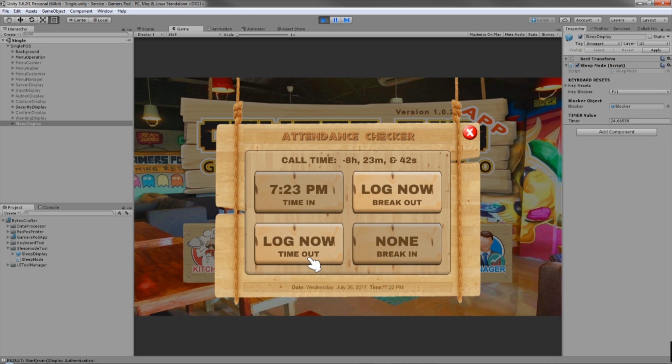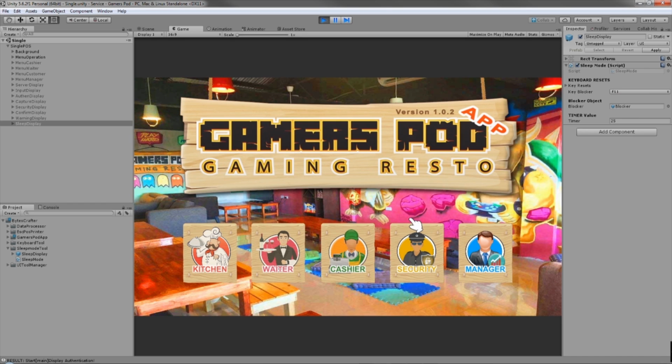I can also time out if I don't have one. And as you can see, it has an automatic disable mechanism, so that the employee should not take too much time in that process.